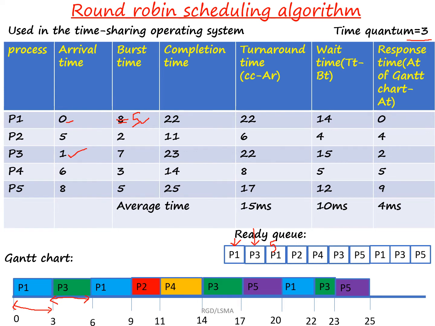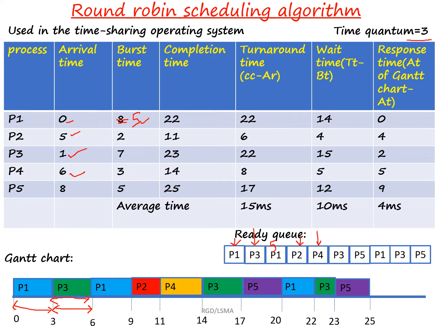Now what is the CPU doing? The CPU is executing the current process, that is the P3 process, and also you have to check if any other process is waiting in the ready queue from 3 to 6. In the arrival time range 3 to 6, you can check for any other process waiting in the ready queue. If you look at this problem, there are 2 processes waiting in the ready queue, the processes P2 and P4. These 2 arrival times are within the time period 3 to 6. So you can put the P2 process and the P4 process, which have arrived, in the ready queue,